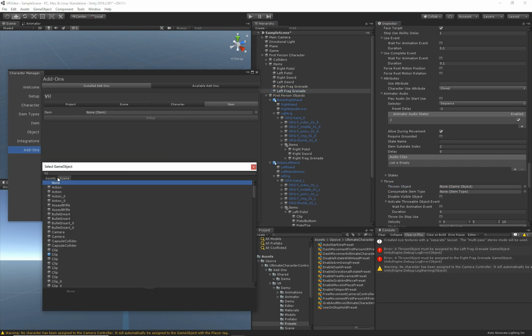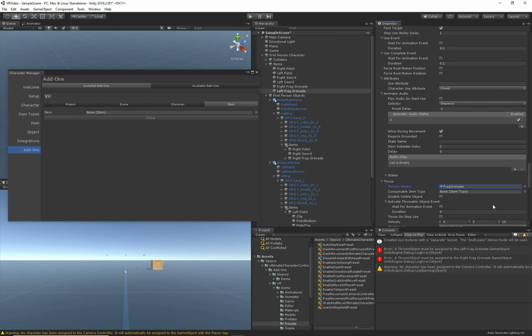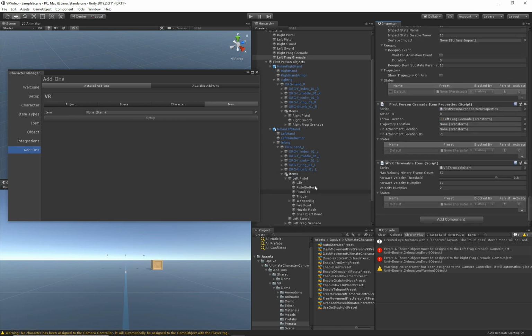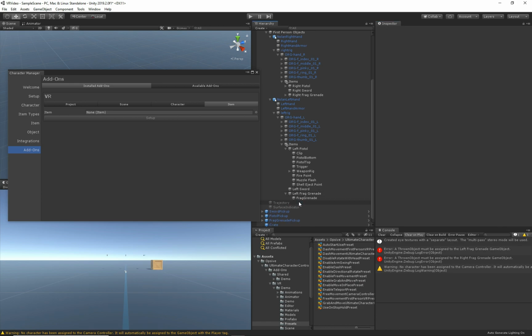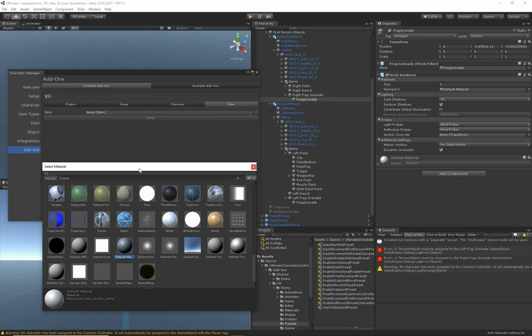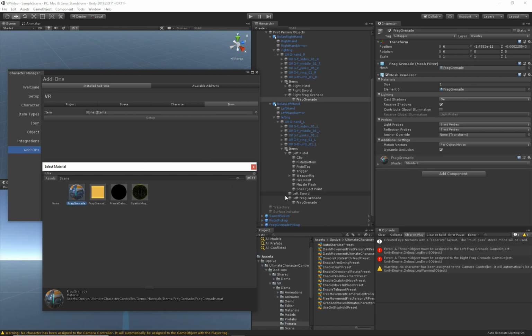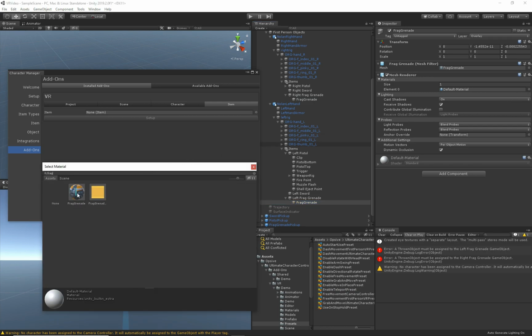Let's go ahead and do the same thing for the left hand, and choose the one that does not have the pin. And since we know it's going to come up, let's go ahead and go to the frag grenade. We'll remove this pin, and then we will also do that for the right hand. And since we're here, let's go ahead and assign a material. I'll assign it for both the left and the right frag grenade,